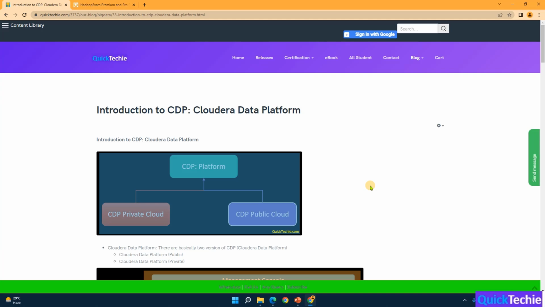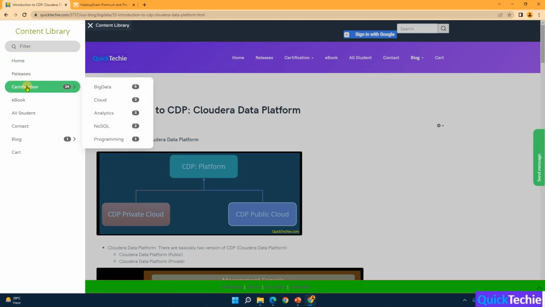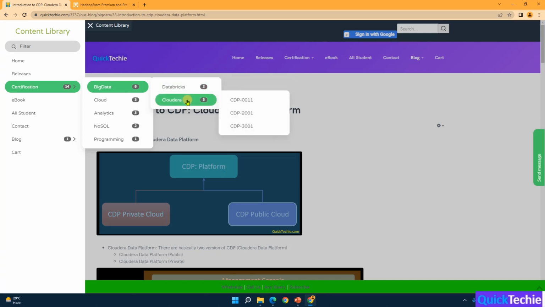I would also like to tell you how to browse the content on this website, quicktechie.com. You have to go to the content library and you can see all the certifications available. If you go to big data world, we have 2 published for Databricks, and 3 certifications published on cloud. So if you click here, then